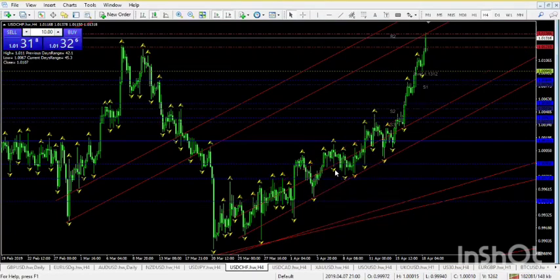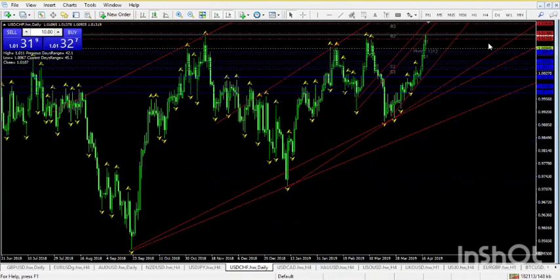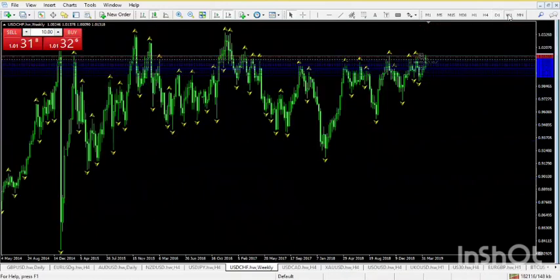So if you want to have the least errors, you have to use the Gann technique. Because in this technique, you have to keep on drawing the lines, but in the Gann technique, which is very useful for long-term trading, you're going to draw it once and that would be it. So if I want to draw it here too,